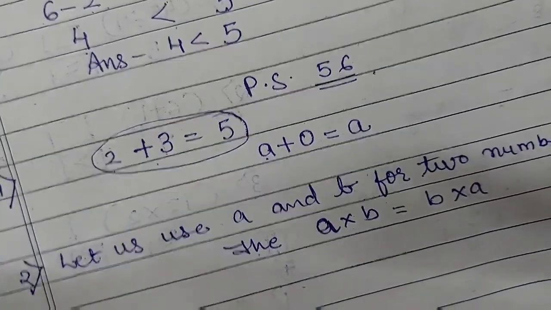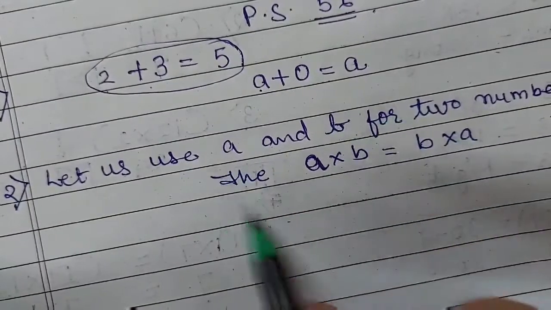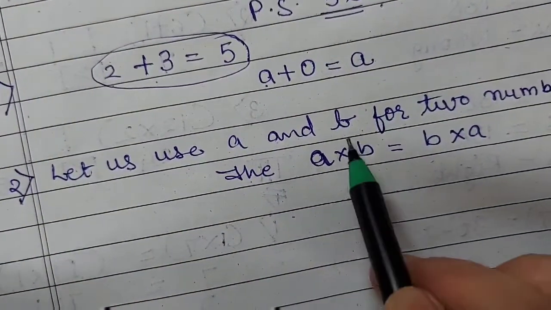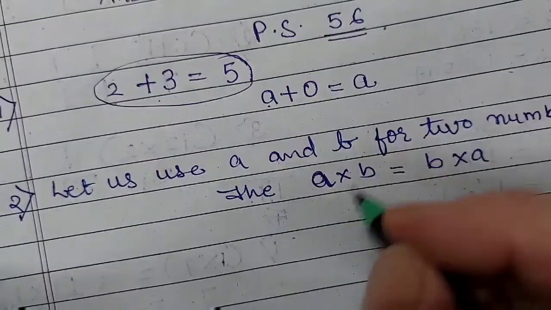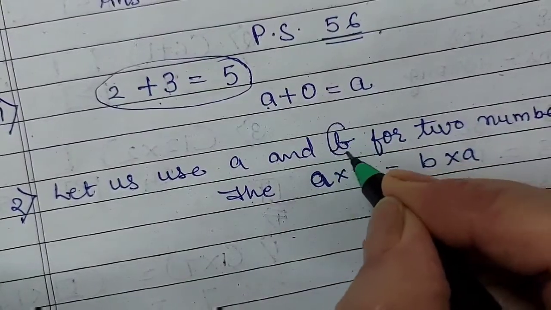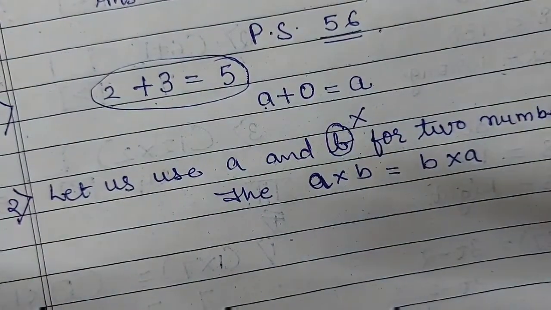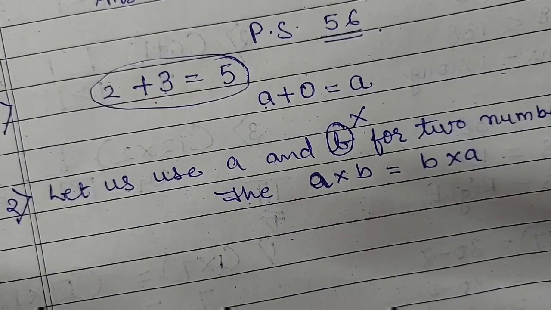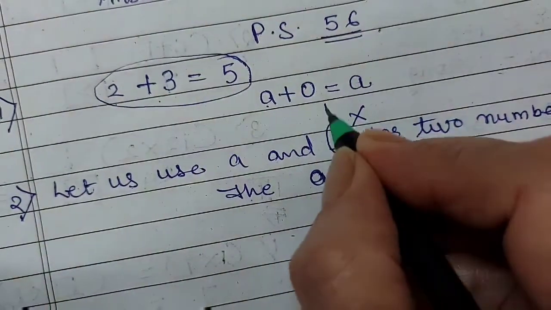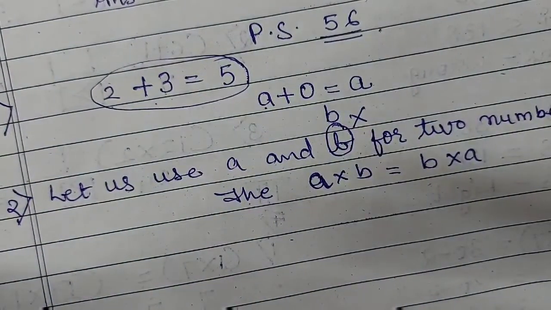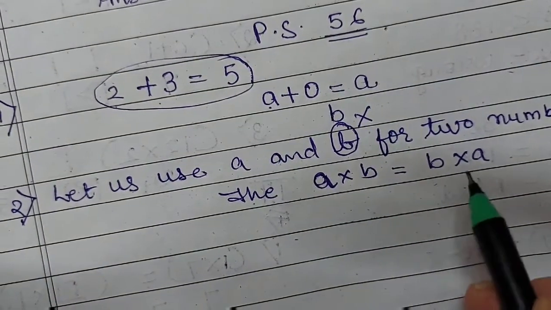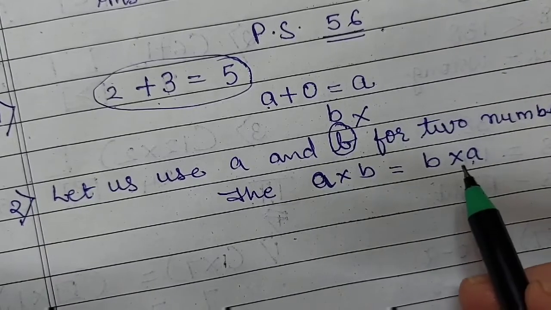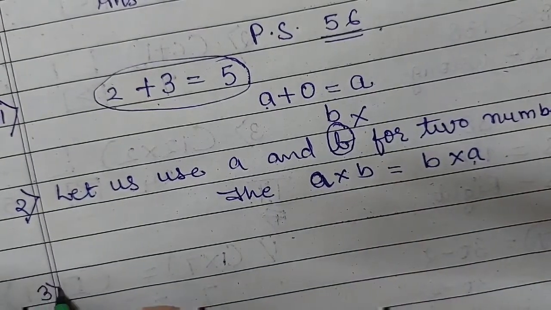Children, one more thing. You must have noticed everywhere I have written small b. Here I wrote cursive B. Did you notice the difference? Yes. I deliberately wrote this to show you not to write cursive B, or cursive letters. You have to write simple small alphabets. No capital, no cursive. Simple small alphabets. A plus B is equal to B plus A. Understood, children? Now coming to the third question.